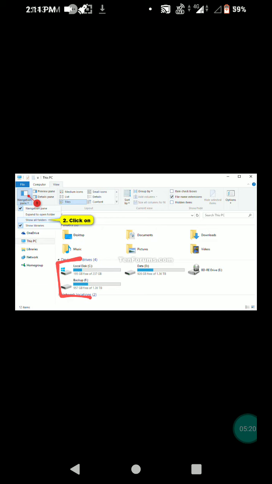Whenever your system crashes or there is some kind of problem, the C drive is reinstalled. If that is the case, all the files and folders that you have saved in C drive will go away. So it's always suggested you save your files and folders in the other drives.